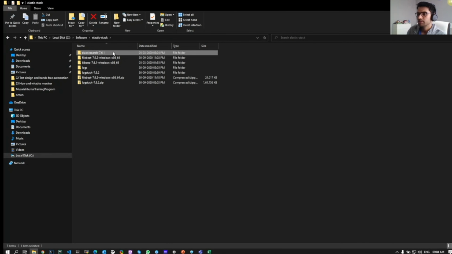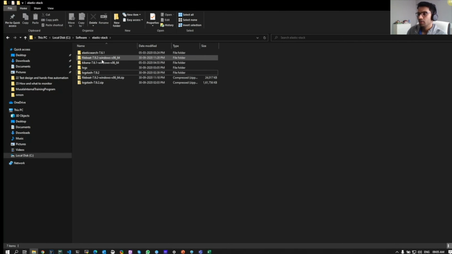So I downloaded Elasticsearch, which is the engine that has all the data saved, and it serves all the queries. Then I have Filebeat, which I use to send some logs manually from my machine to Elasticsearch, but we won't need it today. I have Kibana, which is another zip file, and you can just download and unzip it. I have Logstash. I don't need Logstash much today, but this is how you can simply download and unzip